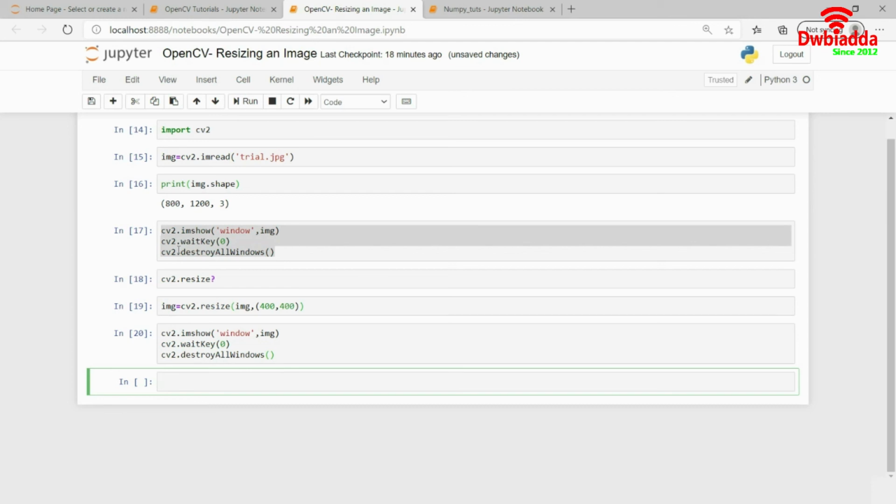But to give you an idea, INTER_AREA is used when we need to shrink an image, and INTER_LINEAR is used when we want to zoom an image, and this is also the default interpolation technique used in OpenCV. And at last, INTER_CUBIC is a very slow method, but it's more effective because it processes the image better as compared to the other two methods.